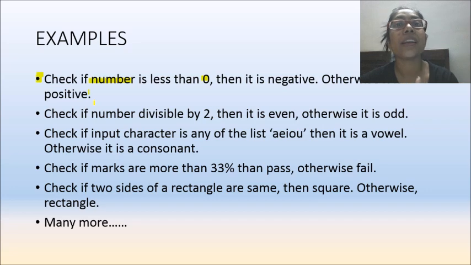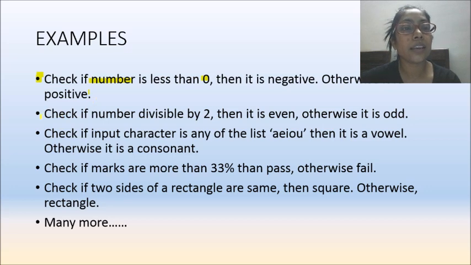So you will write a conditional statement. If that particular value is less than 0, then you will display that it is a negative number. Otherwise, you will display that it is a positive number. So in this question, we will make two blocks. In the first block, we will print that the number is negative. In the second block, we will print that the number is positive. From these two blocks, only one block is going to be executed depending on the number you entered.